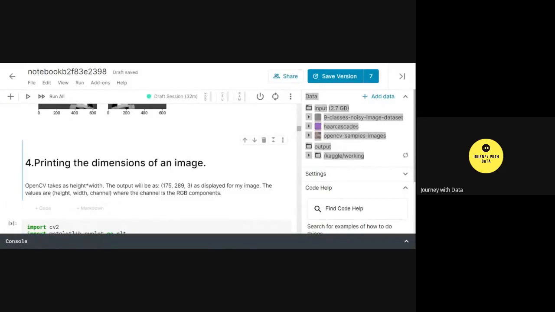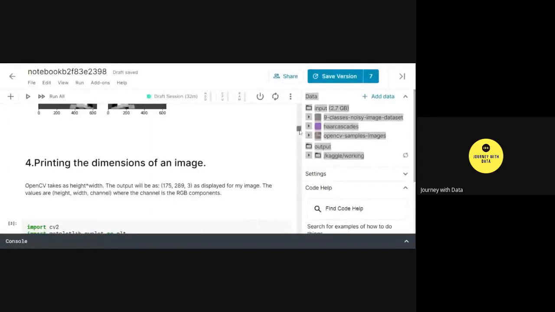If you have a grayscale image, you'll notice only 2 parameters. As an example, 175, 289, and 3: this is height, width, and 3 is the color channel for a colored image, which will be absent in the case of a grayscale image. The channels are nothing but the RGB components.